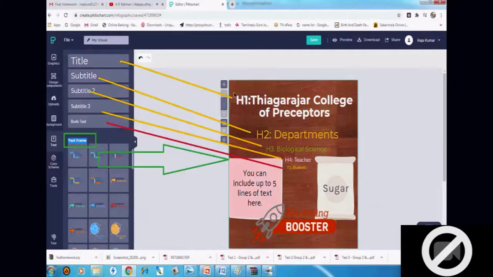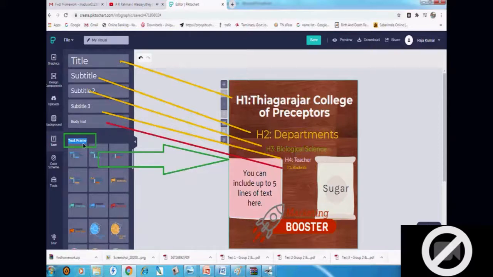The first one is title. You can click the title for your content by using this title tool. And next one is the subtitle tool. It is smaller than the title, and with each title and text, it is gradually decreased from a title to the body of the text. The first one is title, the second one is subtitle, and the third one is subtitle 2. So it is gradually decreased for the purpose of preparing or creating infographics.